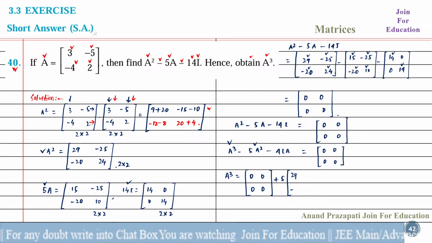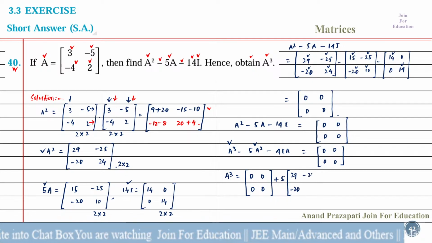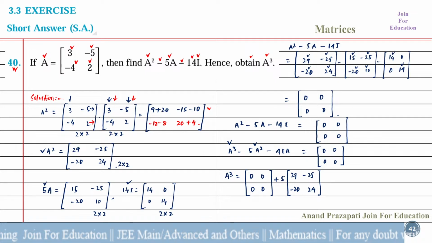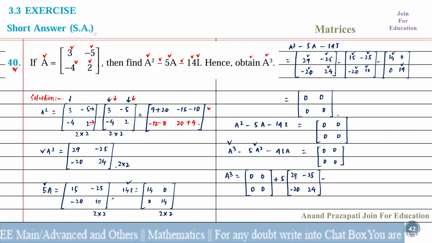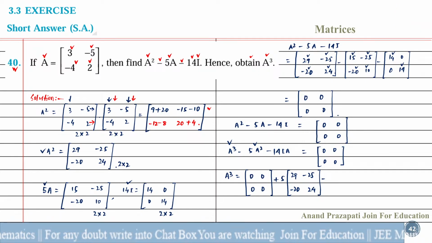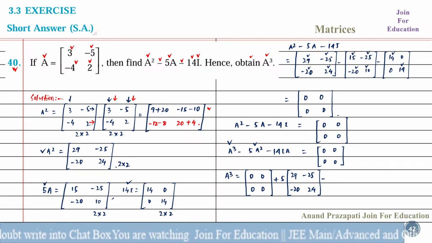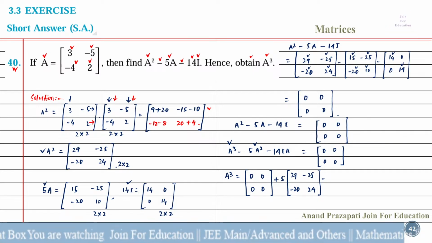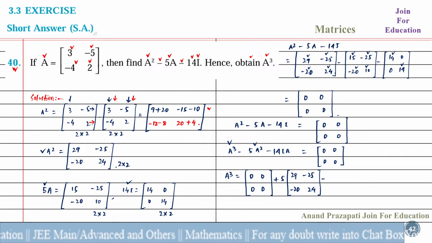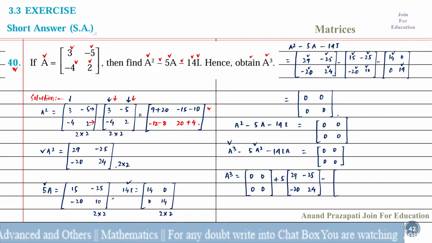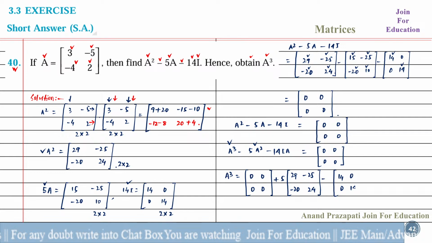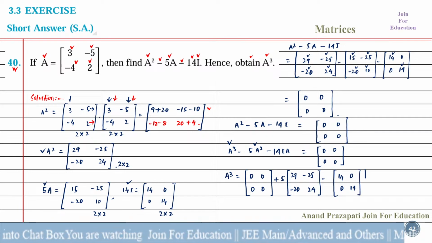29 minus 20 minus 25 and this is the 24, minus 14Ia equal to 14 equal to this one, and when this one is multiplied by a, then we get the 14 0 0 14 into a equal to here is the